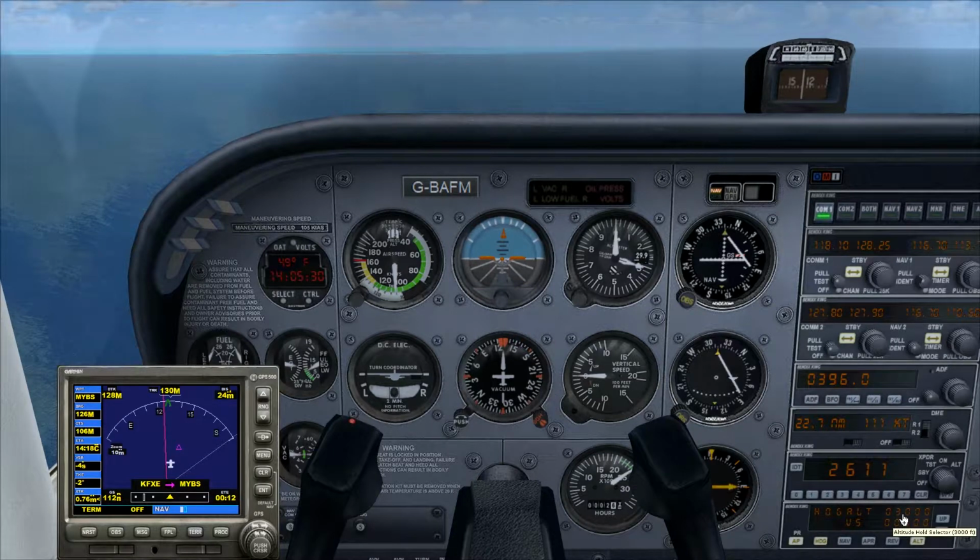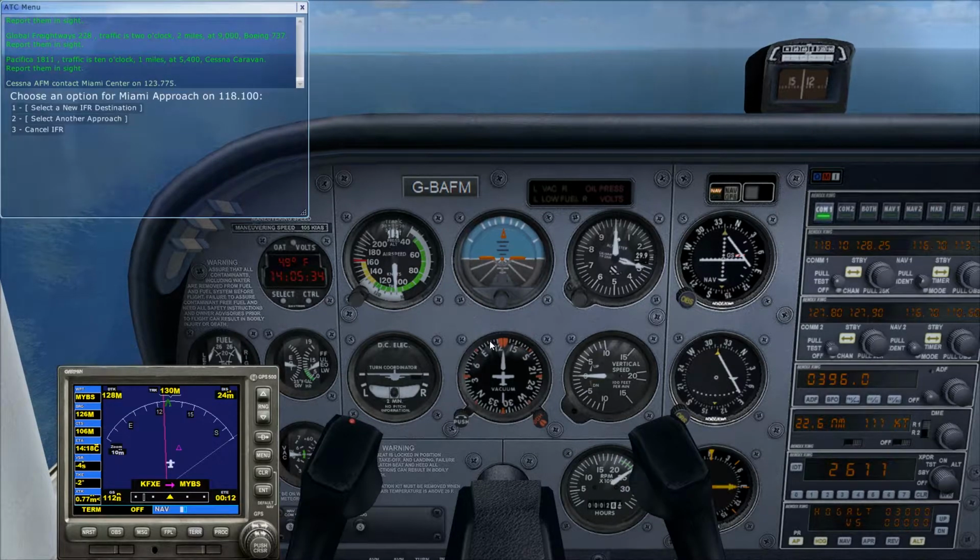Cessna Caravan, report them in sight. Contact Miami Center on